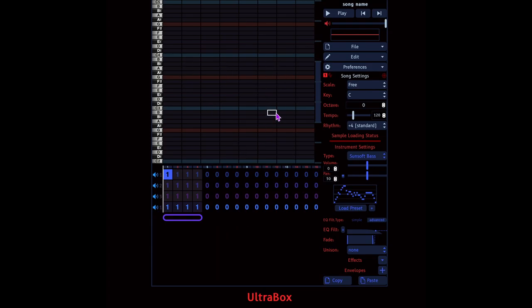So, we're in the same song now, and how to actually make notes in this is by clicking. You see these notes, they are the pitches. I can't really teach you music theory because I don't really know that much myself, but it's not that hard, just stuff like that. Now, to make music,